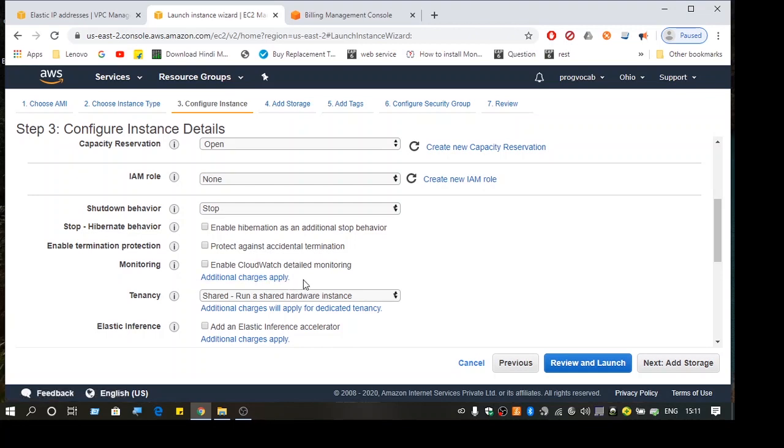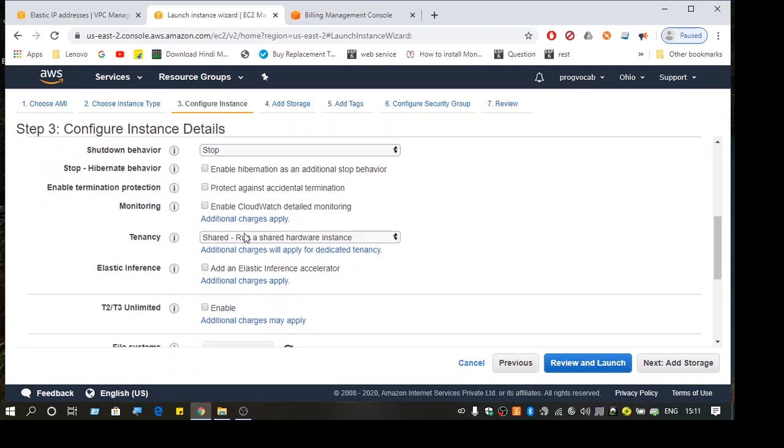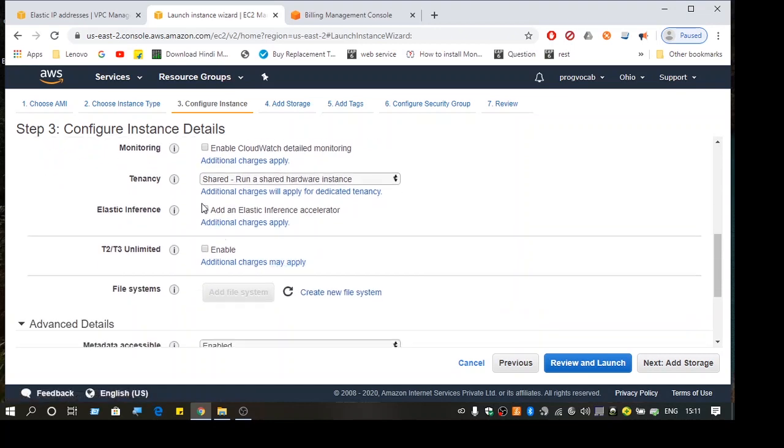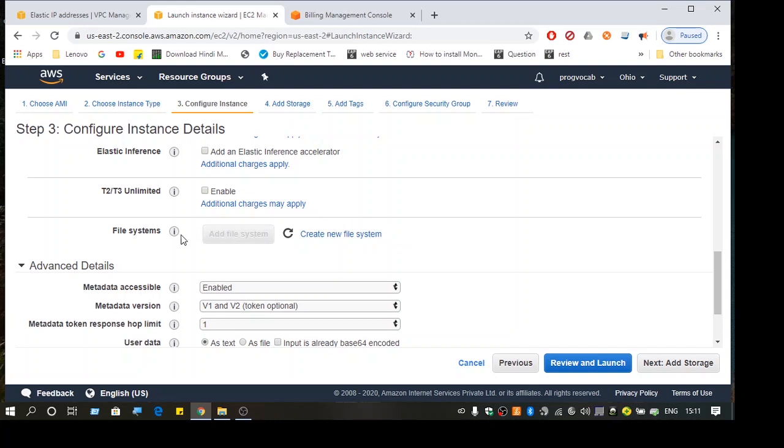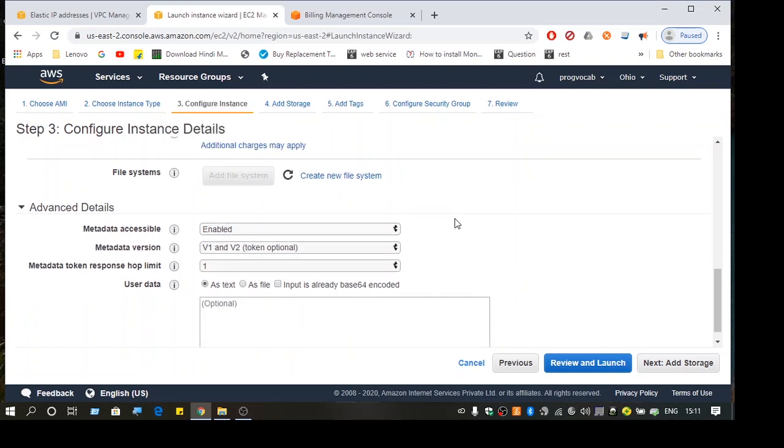So here you can see tenancy is shared, a shared hardware instance. You should note that an instance runs on a hypervisor, so there are shared resources that are going to be accessed by all the instances running on the hypervisor.